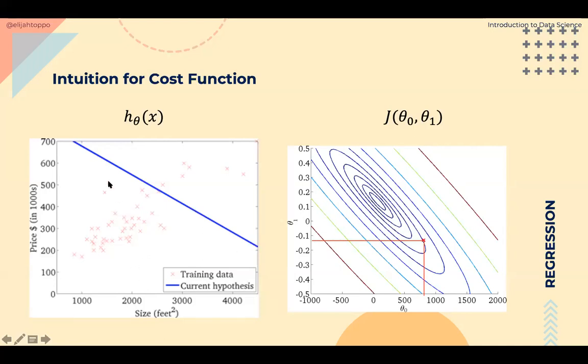Okay. Here, the data are shown by these crosses, and this is housing price data, where on the x-axis I have the size of the house in square feet, and on the y-axis I have the price of the house in thousands of dollars. So each of these data points is an example: when the square feet area was this much, this was the price of the house. When the square feet area was this much, this was the price of the house, and so on. What we are trying to do is fit this model with a linear regression, with a line. Presently, the blue line here represents our model.